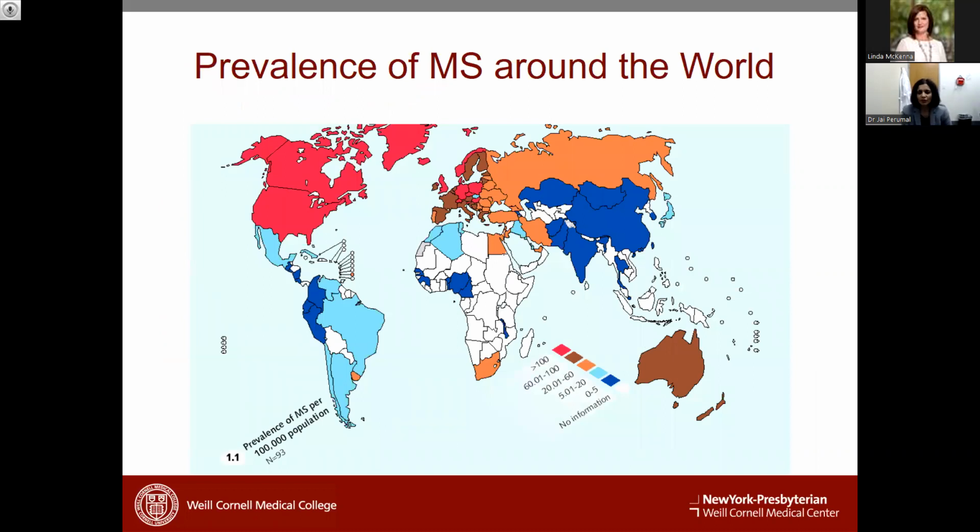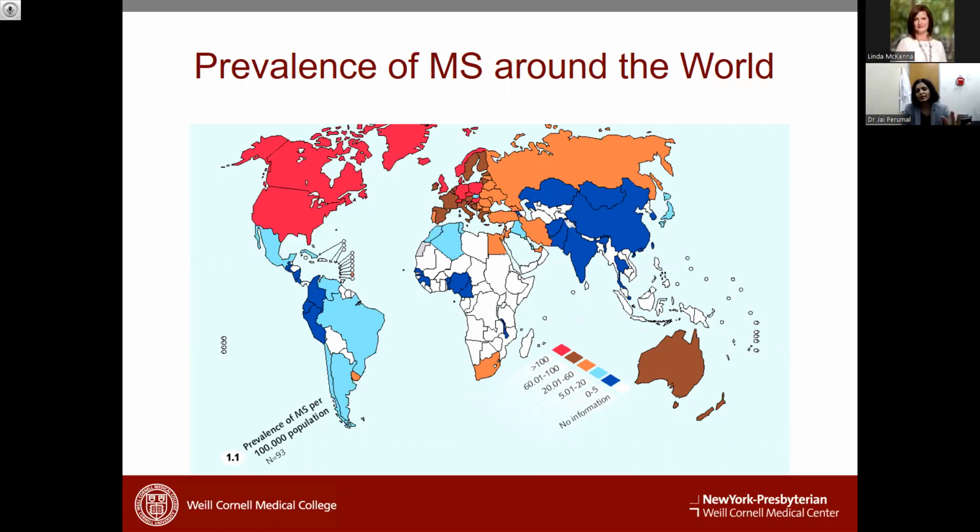Now, the prevalence of MS is not uniform throughout the world. There are certain parts where it is much more prevalent. And as you can see in this picture here, the highest prevalence is in North America and Western Europe. And when you go to some parts of Asia and Africa, it becomes very, very less. Now, there are both genetic and environmental causes for this. Obviously, genetics plays a role, but certain things in the environment seem to trigger this as well.